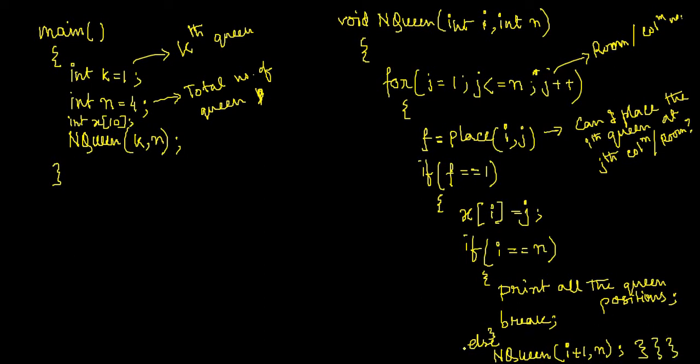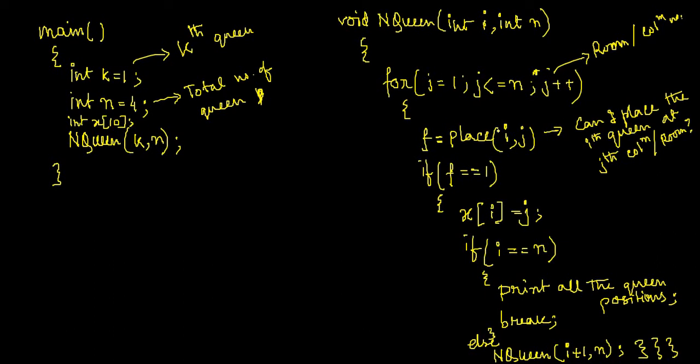It's not possible to write them over here, that's why I have written them over here. So I hope all of you can understand from this. Now you see, somehow the logic of this n-queen is not very tough. It's just that for each and every column, it is trying to find out whether it is possible or not. If it is not possible, if f is not equal to 1, then it is not going through all this. Basically, the loop will run once more for the new value of j.